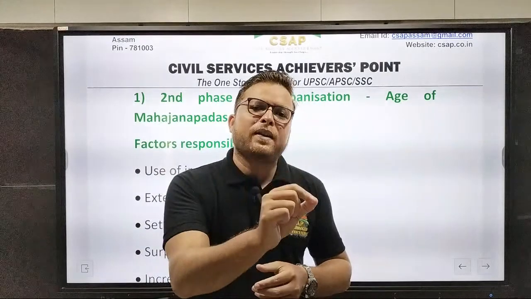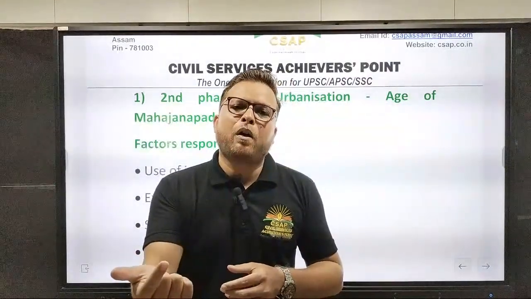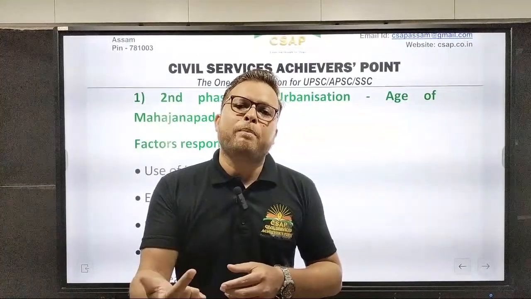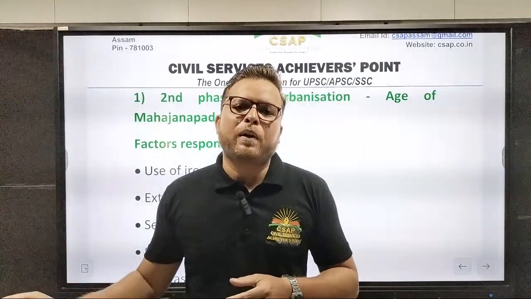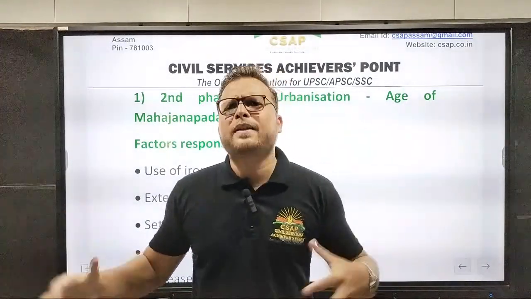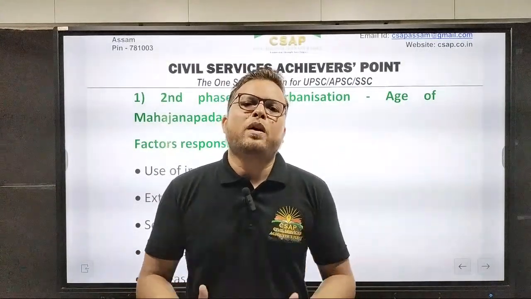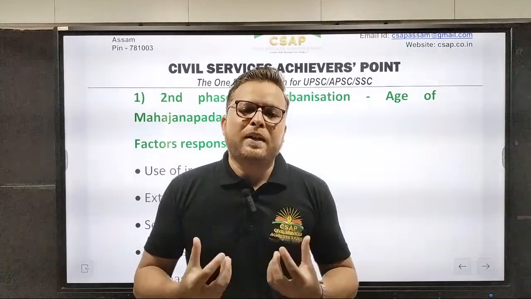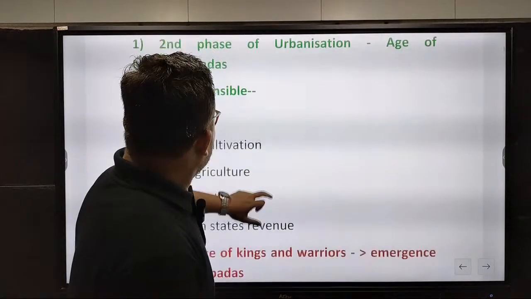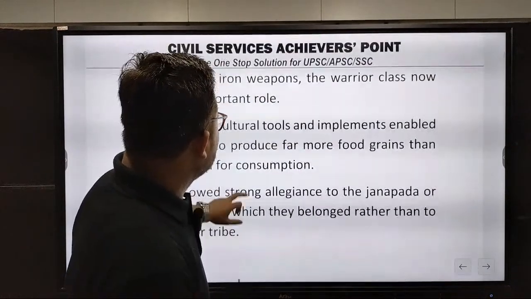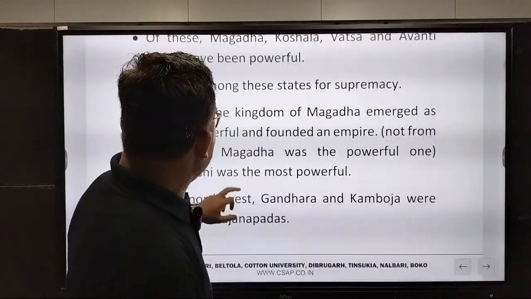Okay, Avanti was connected to Bhrigukach, which later came to be known as Barigaza, or which today is popular as what? Bharuch. And Magadh was also connected to another port by the name of Tamralipti. All these things indicate that the age of Mahajanapadas was a phase when India witnessed the second phase of what? Urbanization. Okay, then going forward,